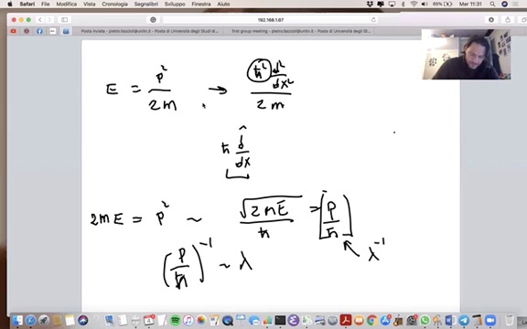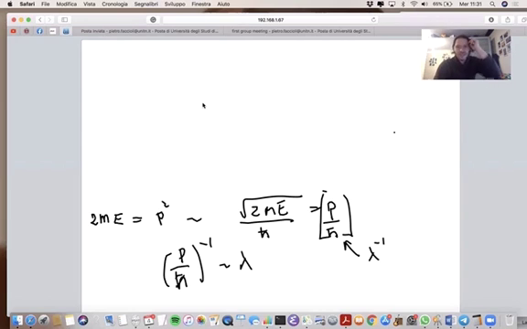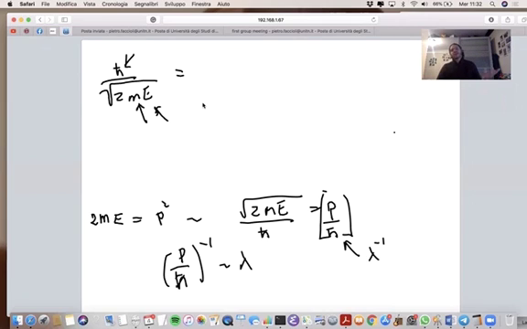So in other words, what I'm saying is that if I want to estimate more or less how rapidly a function changes, and I have an idea of the energy of the particle that is described by this function, all I have to do is take h bar over the square root of 2 mass times energy. And that's basically the concept of the de Broglie wavelength. Now, this is a quantity that I can estimate based on physical constants. I have an idea more or less of the typical energy scale for the process I'm interested in with this wave function. I also have an idea of the mass of the particle and h bar, and I can